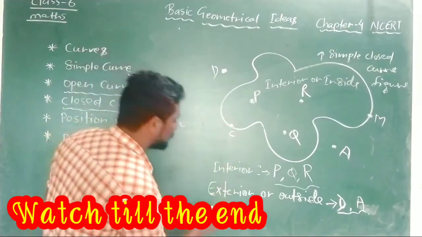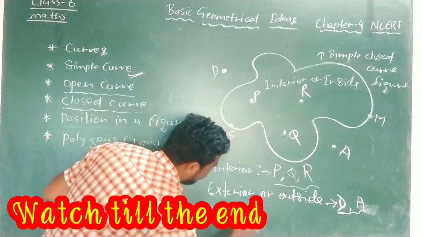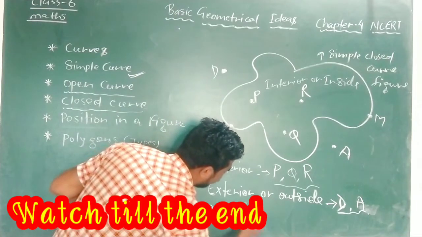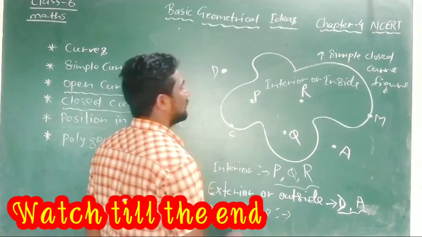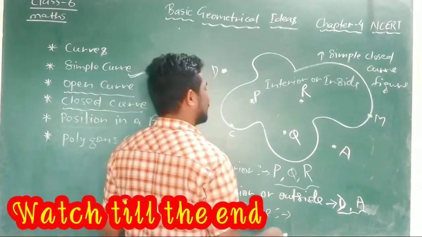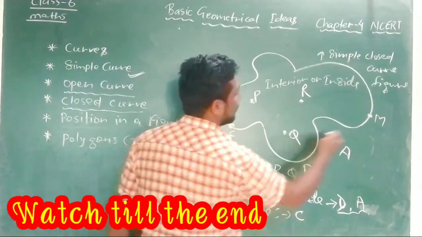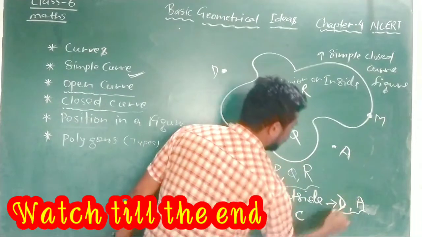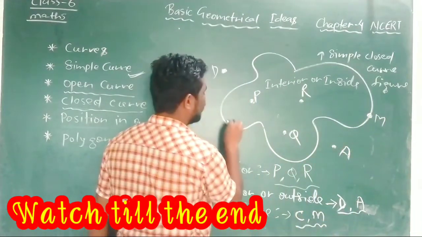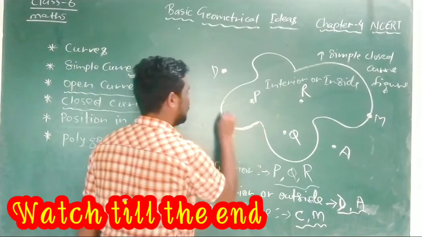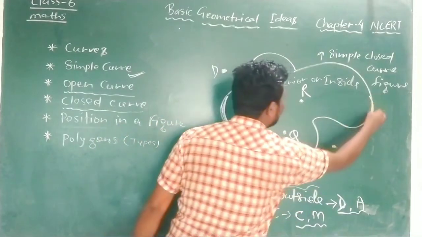And now the third thing which will be asked, on the picture, on the figure, or on the line. So on the figure you see who are the points which lie on the picture or on the diagram. There is a point C which lies on the picture, and there is one more point which lies on the picture. C, you can see this is on this curve. So I have written on the figure C, and the other is M.